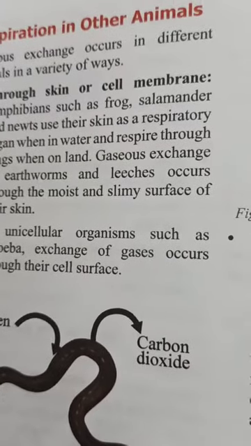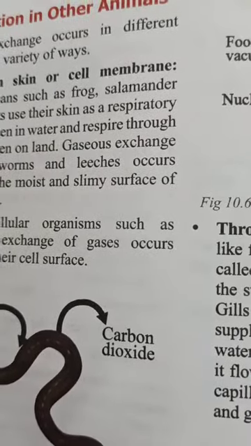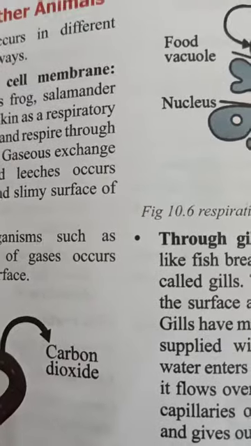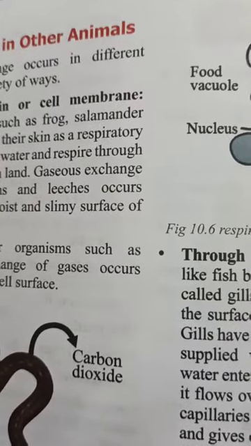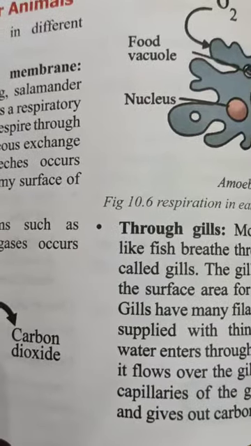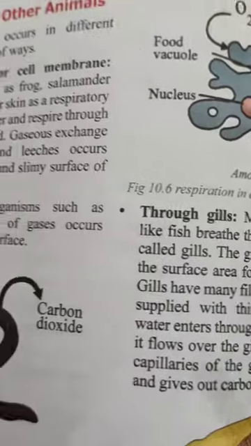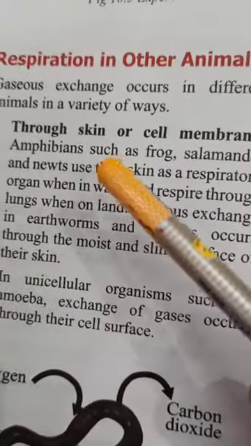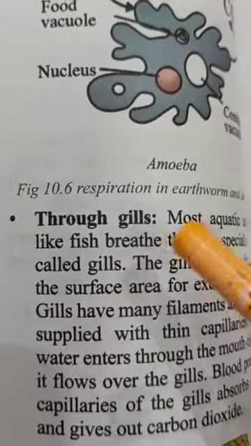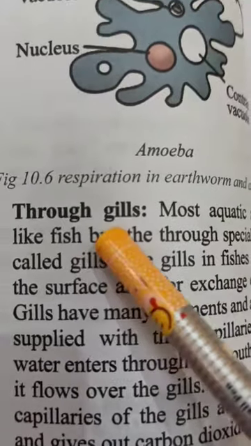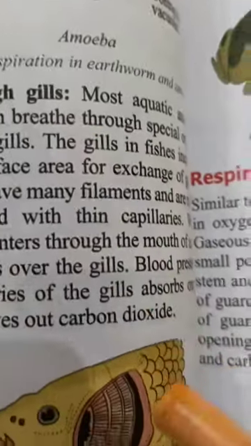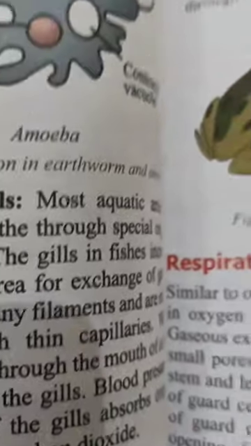So children, in this chapter we not only study animals, we will study plants also, because plants are also living organisms and they also need to respire. First, we studied respiration through skin or cell membrane in the last class, and after that I explained respiration through gills in case of fishes. And today we start